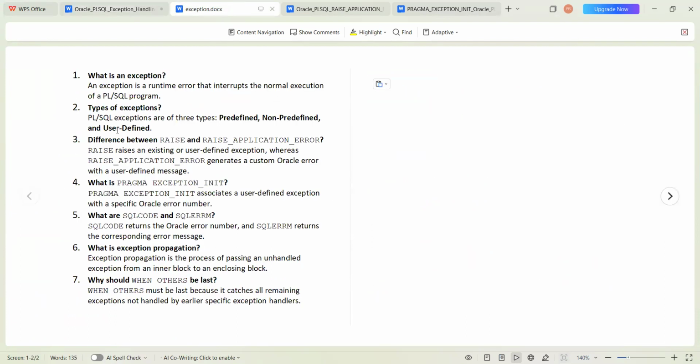Okay, so these are the interview questions. What is an exception? It's a runtime error that interrupts the normal execution of the PL/SQL program. PL/SQL exceptions are three types: predefined, non-predefined, and user-defined. Difference between RAISE and RAISE_APPLICATION_ERROR: RAISE is for existing or user-defined exceptions. RAISE_APPLICATION_ERROR generates a custom Oracle error